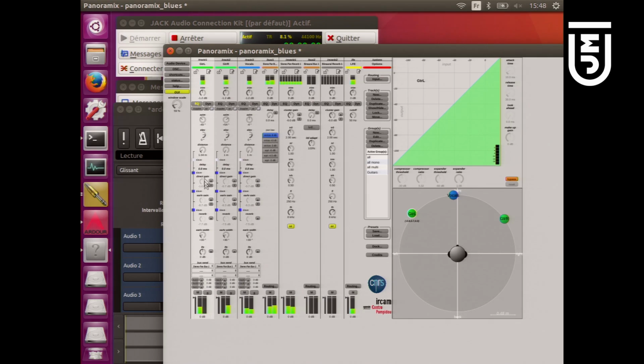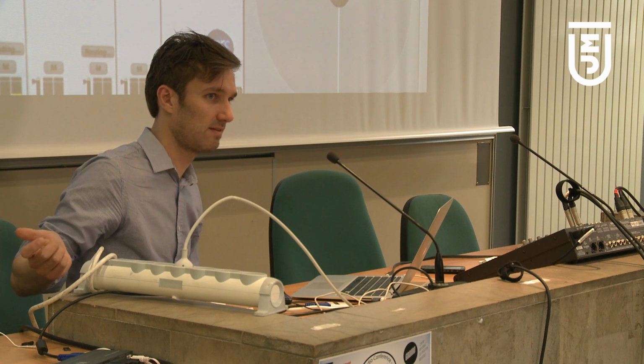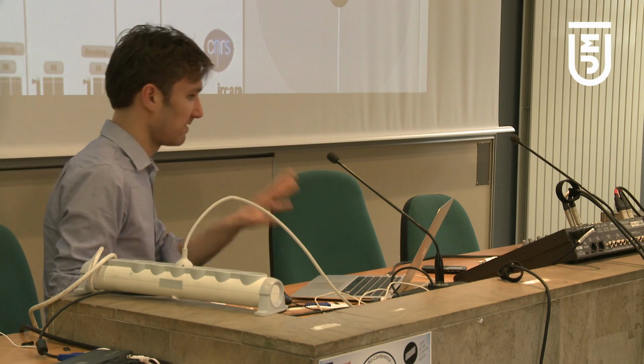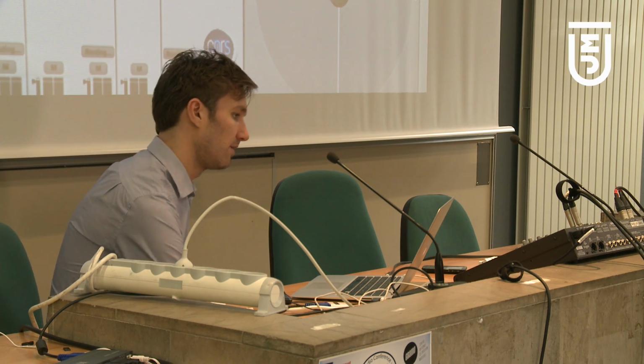So we have parameters to adjust the levels of the direct sound, early reflection, and reverb send to what is sent to the late reverb. All this is essentially built on top of the SPAT reverberation engine, which,